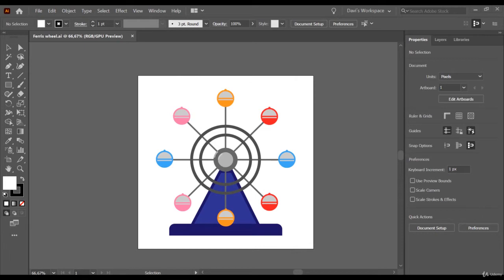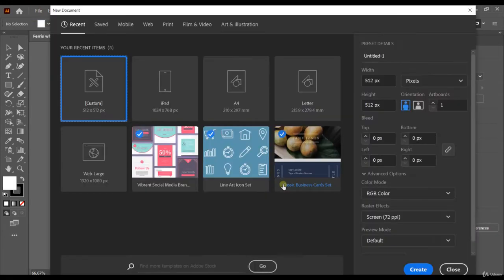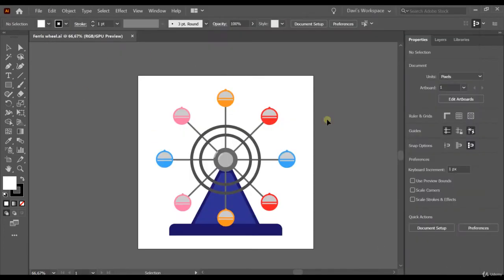Earlier on the course, I also mentioned this. I'm going to show you. When we went and create a new document, we were on this screen, and I said that if you click here, you could increase or decrease artboards on your new document. This specific document has only one artboard, but even though it only has one, I can create more artboards using